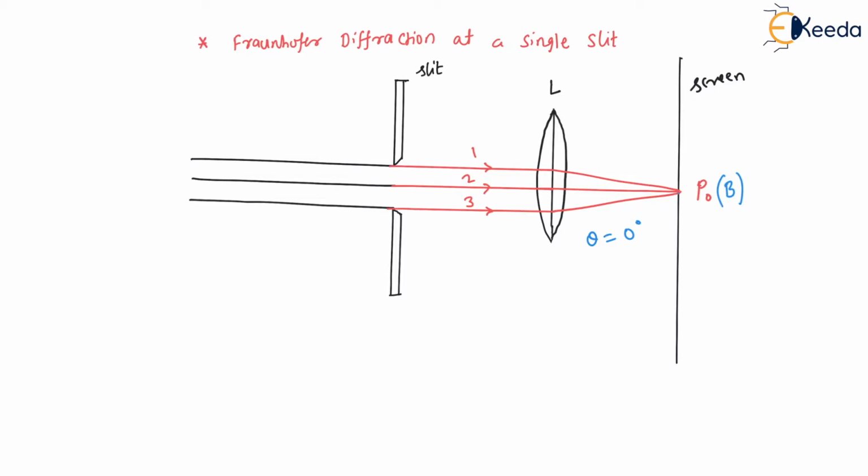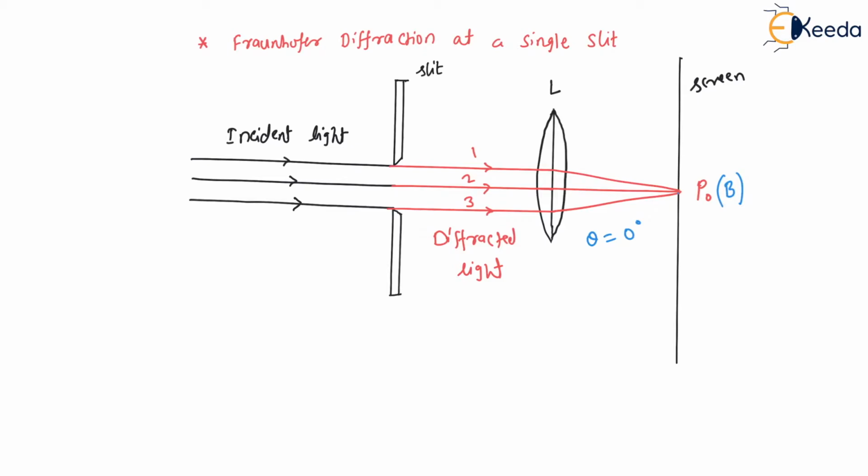Now this is for the light which is coming from the source, like this one. These are the incident light. Here I'll mark incident light, and this one, a red one, is the diffracted one. So here I'll write diffracted light. So in this way, in Fraunhofer diffraction, or in Fraunhofer's case, the diffraction will take place like this.